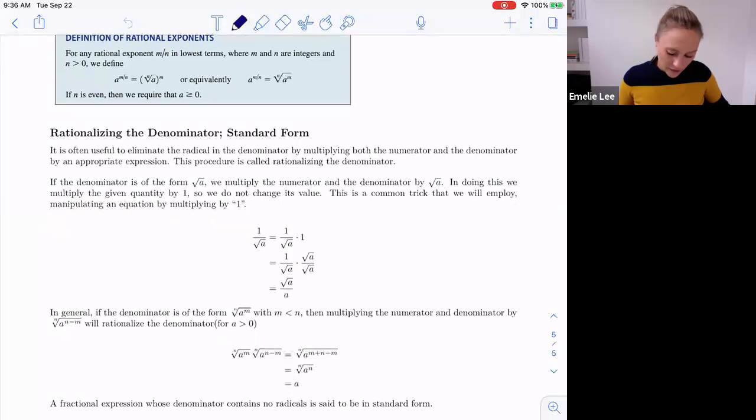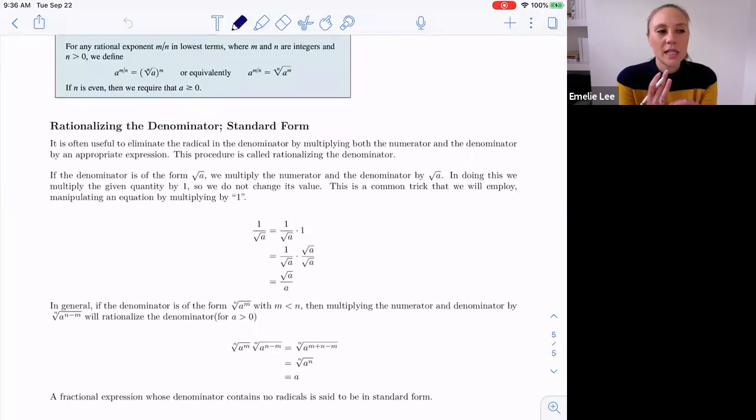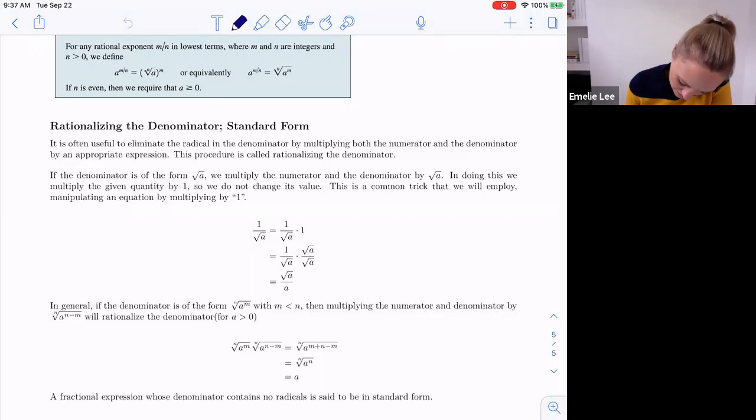Okay, so we're going to talk about something called rationalizing the denominator and also putting things into standard form. So there will be a couple of different standard forms that come up, but this is the first one that we'll see. Okay? You'll use this if you go into calculus, but it's just one of those things that it's good to know that we can do it. Rationalize the denominator. We could also rationalize the numerator, but it's more common to rationalize the denominator. So what does that mean? It means,